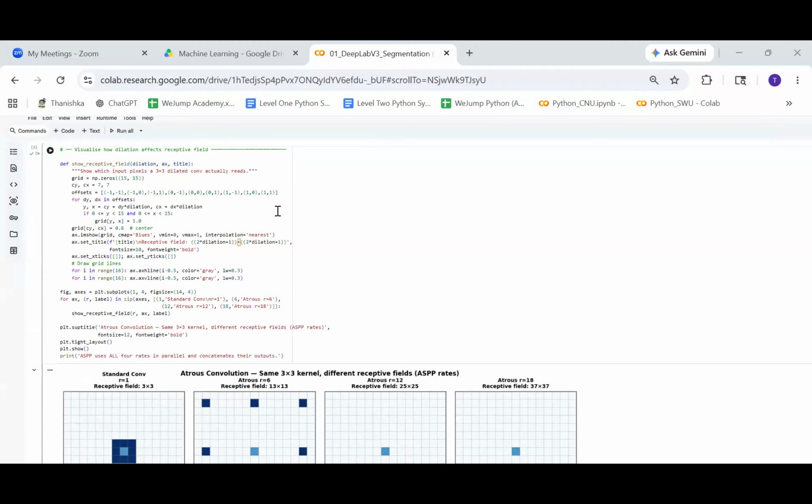Coming to this 3 cross 3, when we set r equals 1, the receptive field is, by standard procedure, a 3 cross 3 matrix. Okay, Tanishka, shall I share my screen?